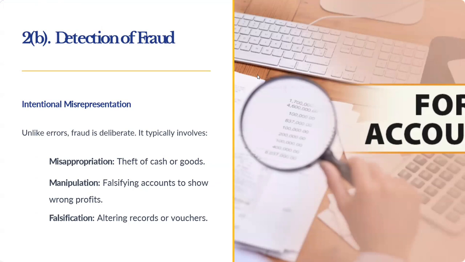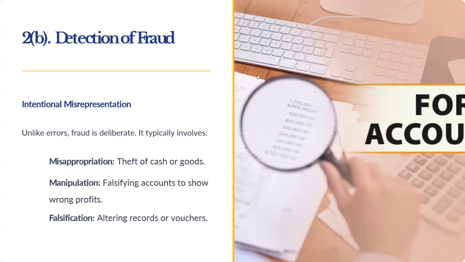Keep this in mind, मतलब हम जानबूझ के गलत दिखाए हैं, theft और cash और goods, हम दिखा रहे हैं कि हमारे यहाँ पे चोरी हुआ है, लेकिन it is not true. Then manipulation. Manipulation means, as I said, there are certain transactions that you have shown wrong, वो intentionally wrong दिखाया गया था. You have got a profit but you are showing that you have incurred a loss, that you have suffered a big loss, but in reality you have got a profit.